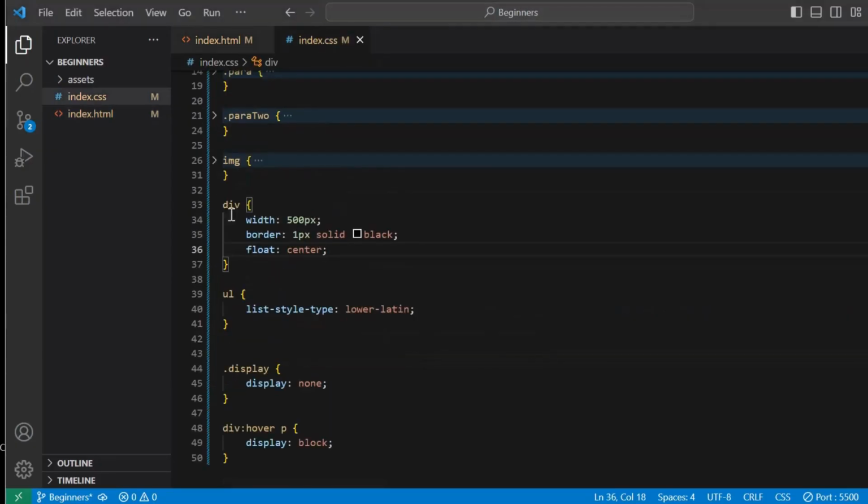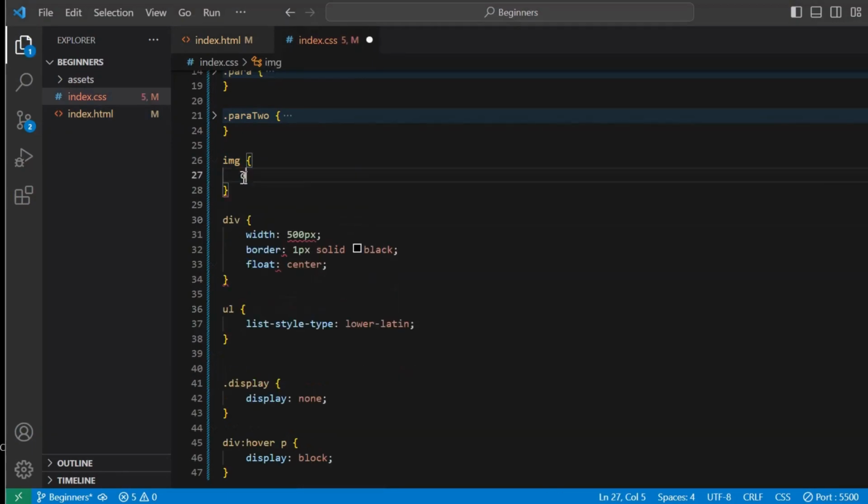You can center the image by blocking the display with the property, as